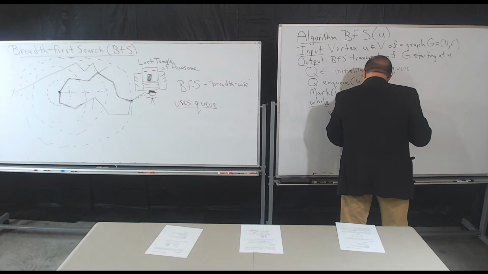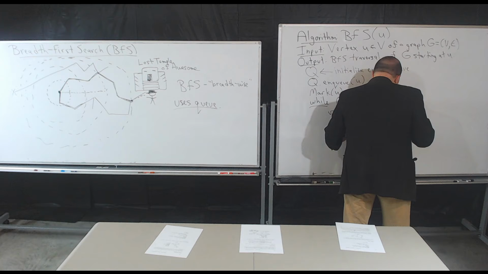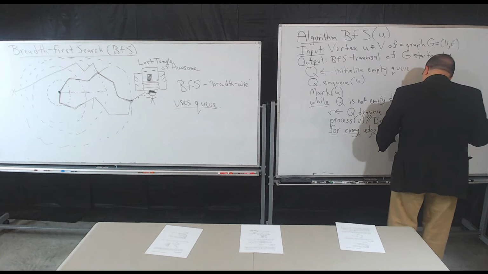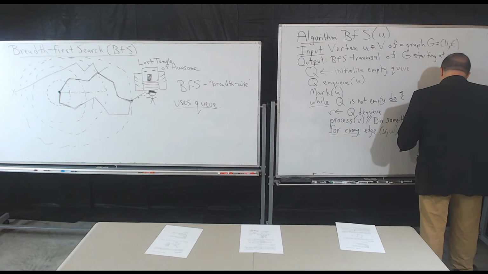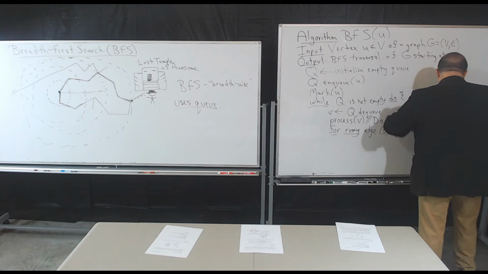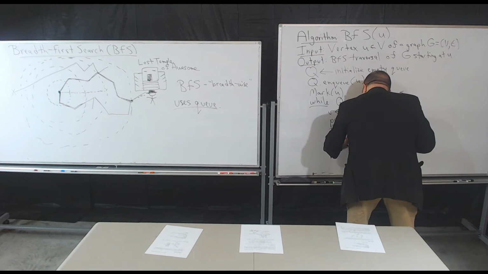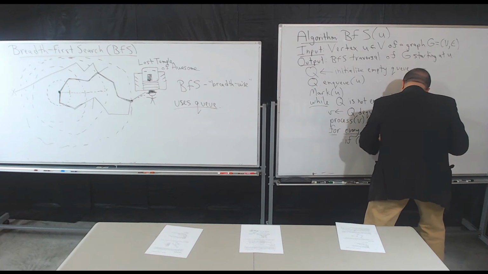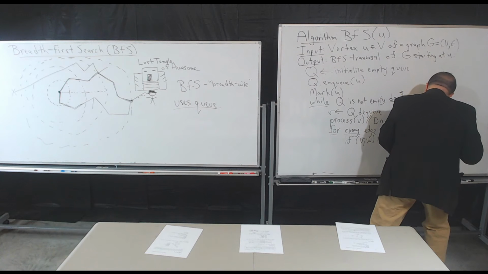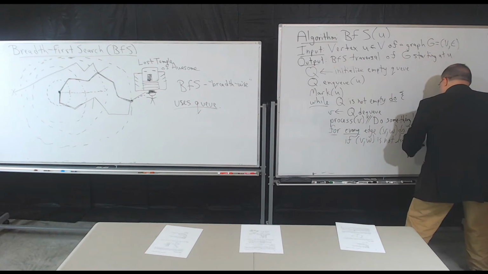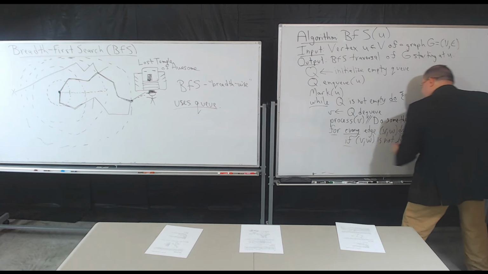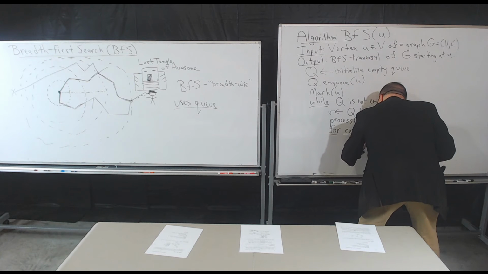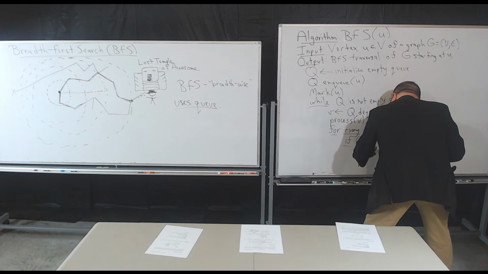So what do we do every other time? We're going to go through every one of the incident edges. So for every edge VW, I'm going to get all the edges incident on V. This other endpoint I'm going to call W. What did we do? We just checked if the edge wasn't labeled, right? If VW is not labeled, then we check if it's marked, right? If W is marked,